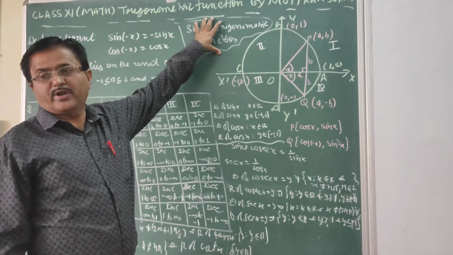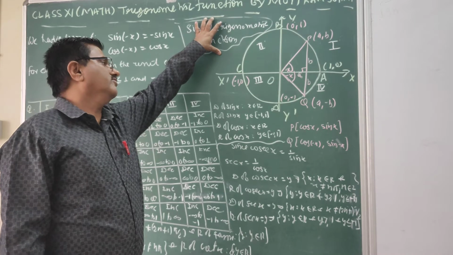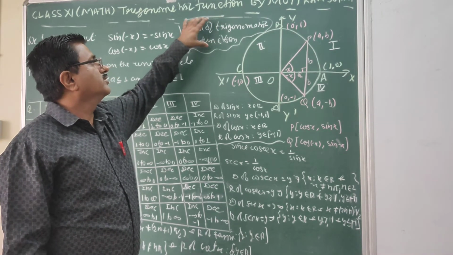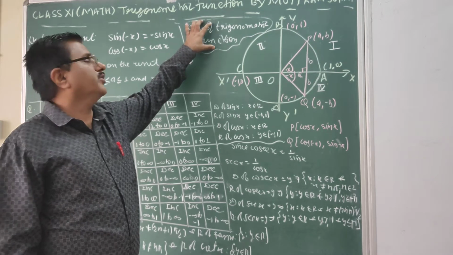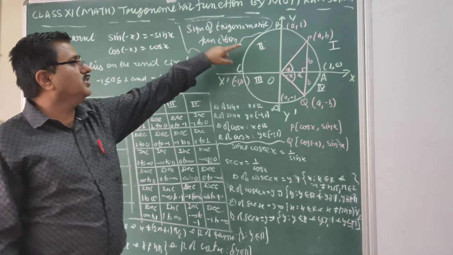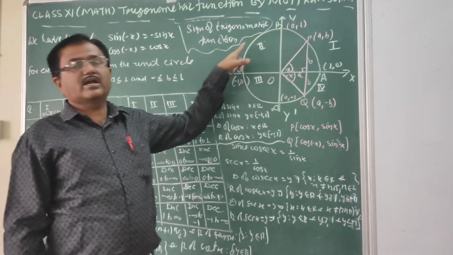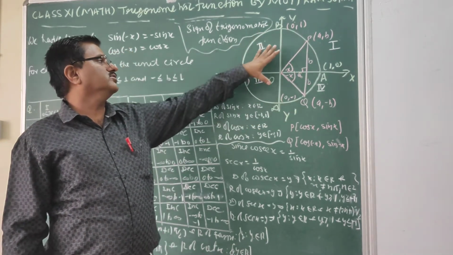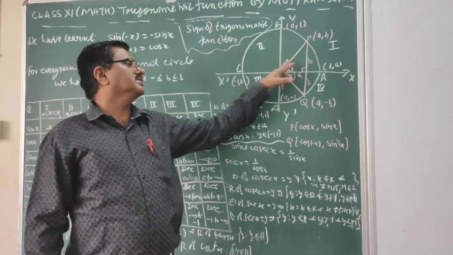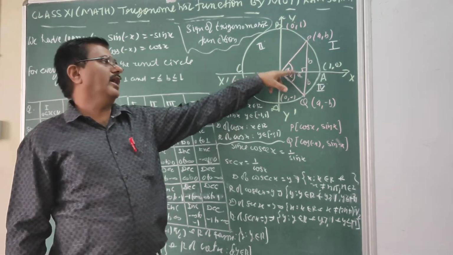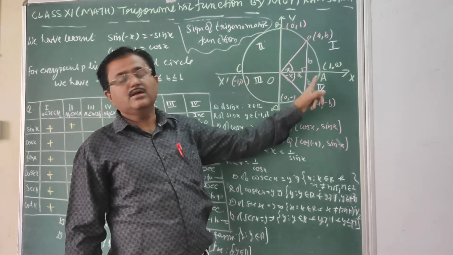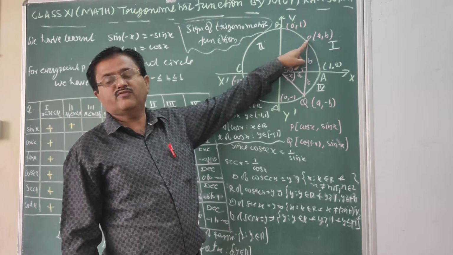This is very important. Whenever you go for further mathematics, we always need this topic clear. If you are not getting this topic, then there may be problems in higher study. So we have considered this unit circle, its radius is 1, and it makes a center angle of x, and in general we are taking a point P on the boundary of the circle. Suppose it is in the first quadrant.